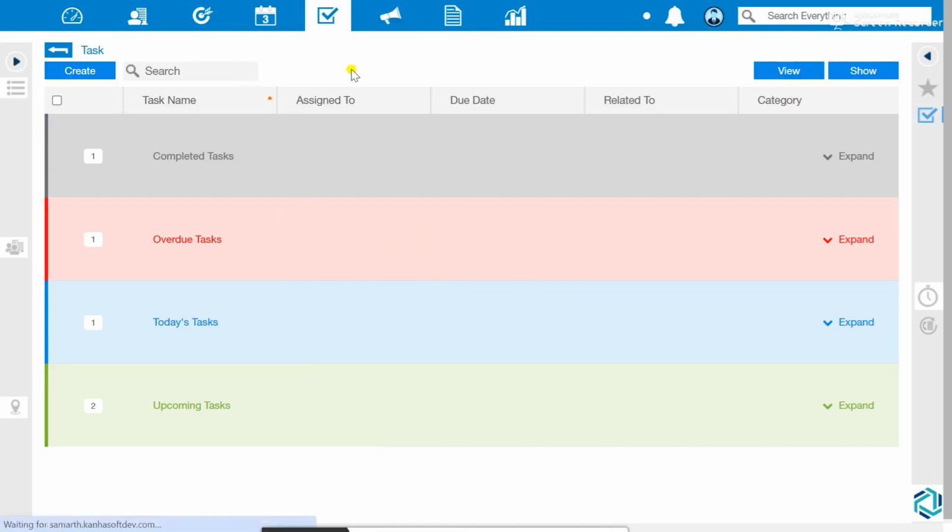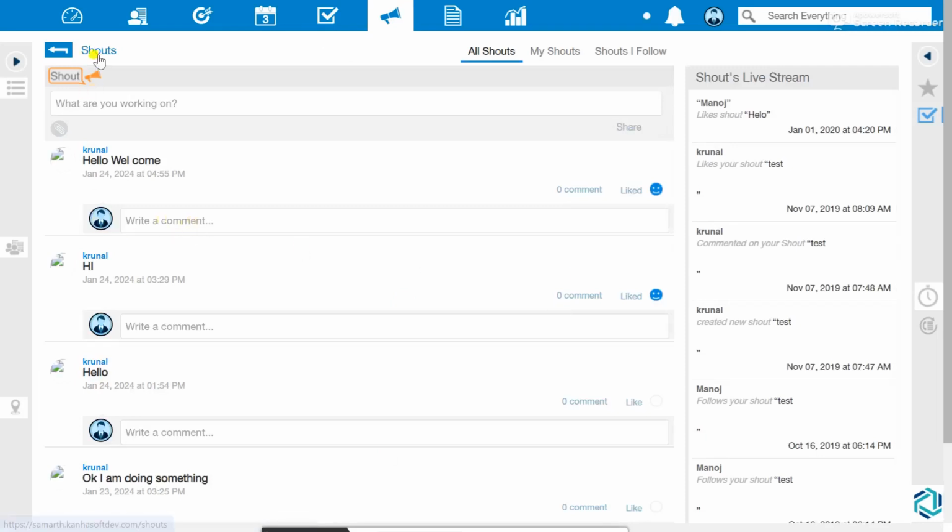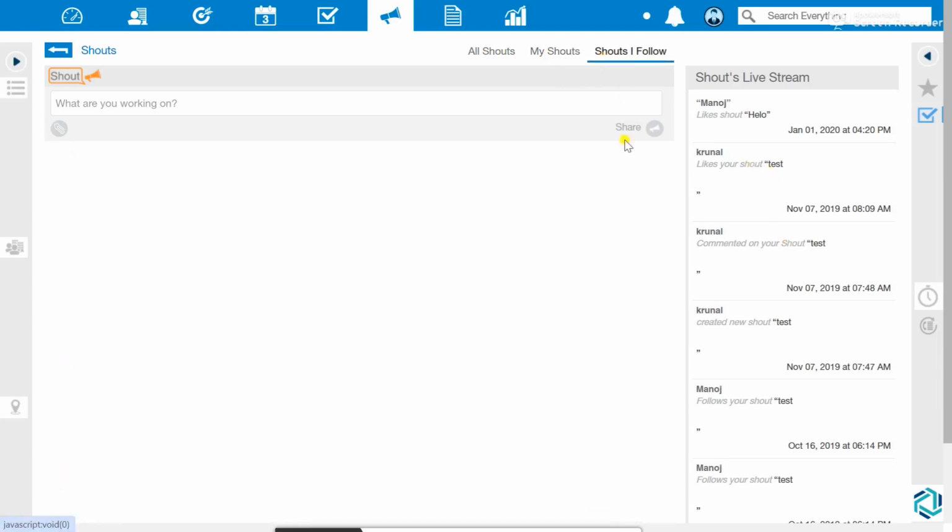Now jump to source. Here you can have internal discussions with team members. In case I want to make an announcement for team members, enter the announcement, hello team, then click on the share button, and team members get the message on the portal and can give comments. You can see the live streaming details, source and following details.